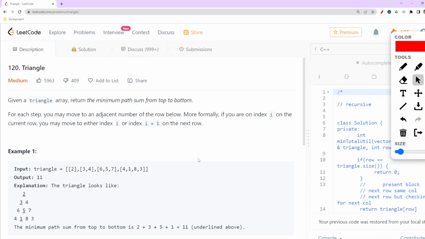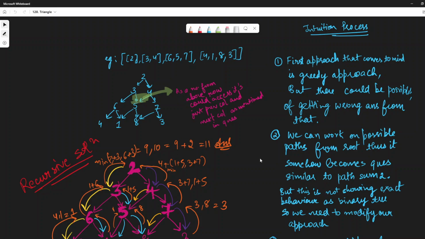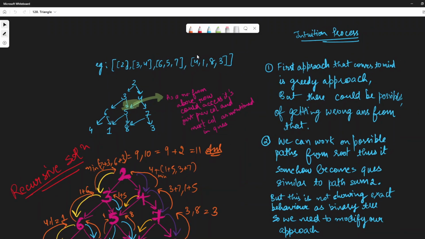Now I have created the explanation for the same question. Let me show you that. So now we are given this particular vector of vector. What we are required to do here is that we can create a tree like this, right? Just for explanation purpose, I am creating the tree, and it is not a complete tree, because we are having these two